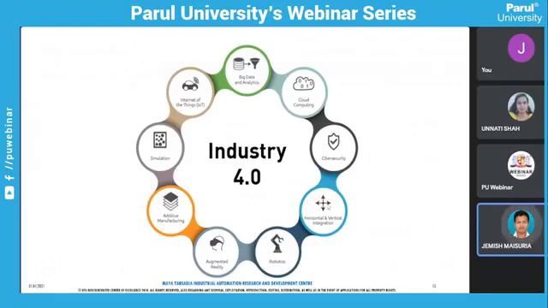So as we have seen in those particular videos, these different technologies are already highlighted. Okay, so big data analysis is there, cloud computing, cyber security will be there, horizontal and vertical integration will be there, robotics is there, augmented reality is there, additive manufacturing is there, simulation is already there, and IoT is there. So we'll see one by one each and every technology.